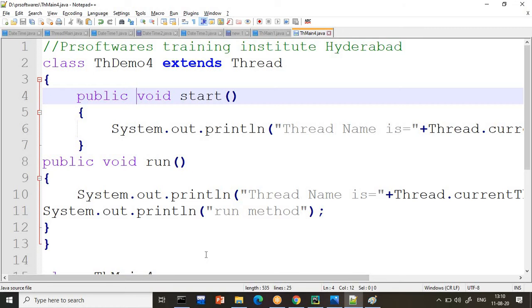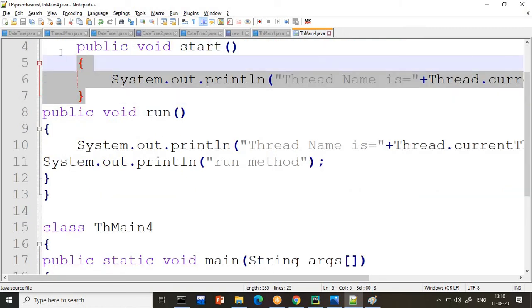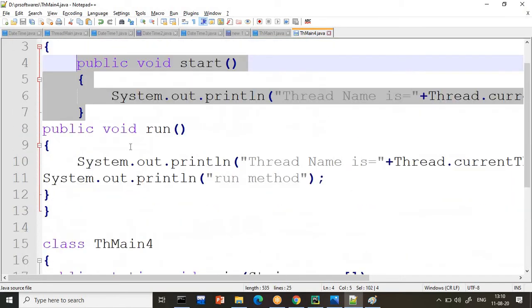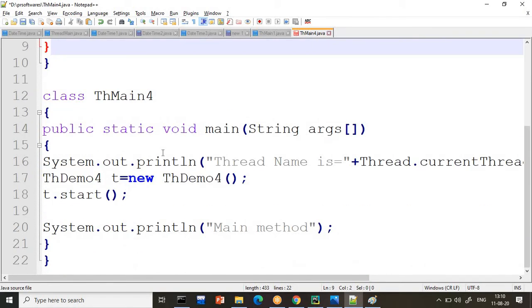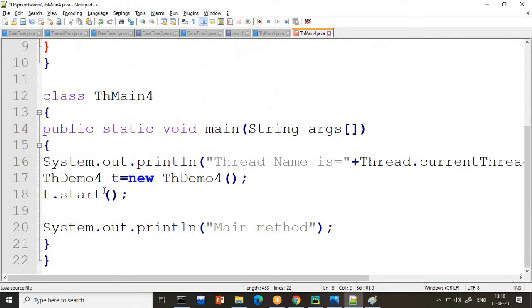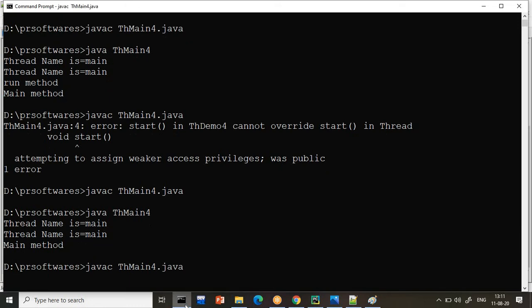So I am showing you practically that when you override the start method, the thread is not created. When you don't write start, but instead call the run method directly, then also the direct run method will not create the thread. So that is also one of the problems we are getting. That's why what you have to remember here, guys, is that whenever you want to create a thread, compulsorily you have to write the code inside run, and the run method will be called with the start method, then only two threads will be created. Now you observe here, perfectly fine, you will get to know two threads here.